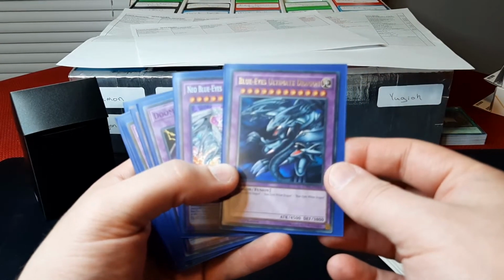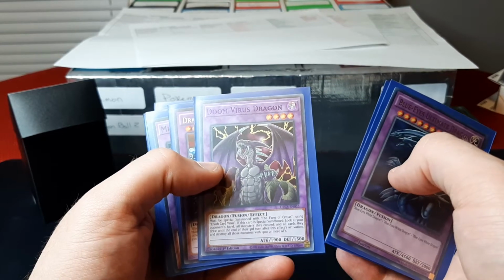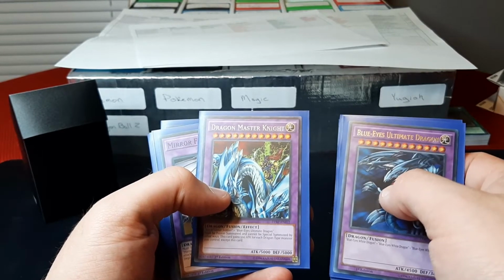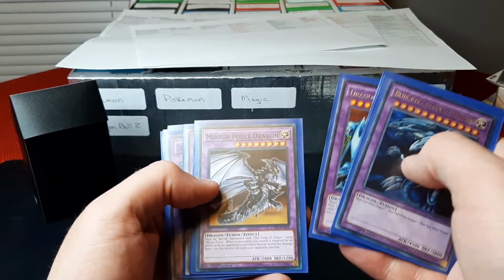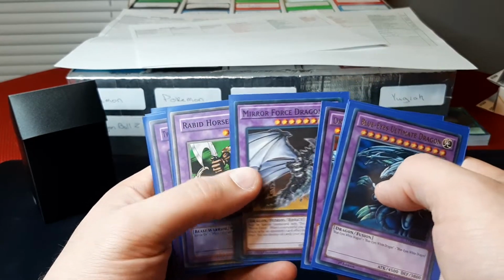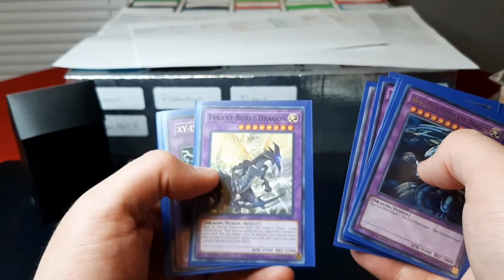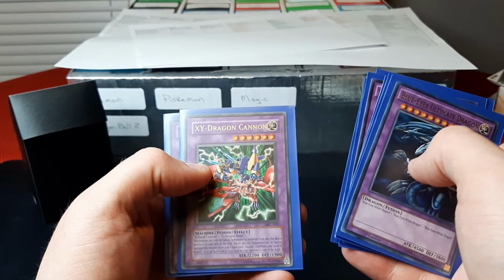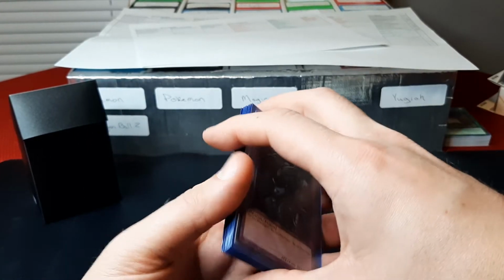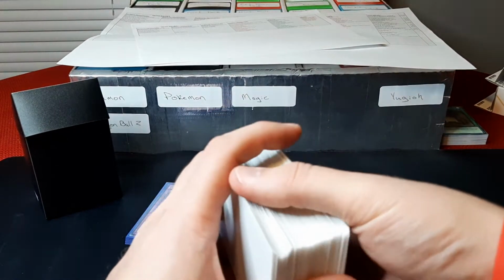So of course we have his Blue Eyes, the Neo Blue Eyes, Doom Virus Dragon, and I included Dragon Master Knight just because it took his Blue Eyes to be able to make it, and he did have that in the show when he was co-dueling with Yugi. Also Mirror Force Dragon, Rabid Horseman, Twin-Headed Thunder Dragon, Tyrant Burst Dragon, XY Dragon Cannon, and XYZ Dragon Cannon. Those are all the fusions that this deck is capable of, and this is a 60 card deck,